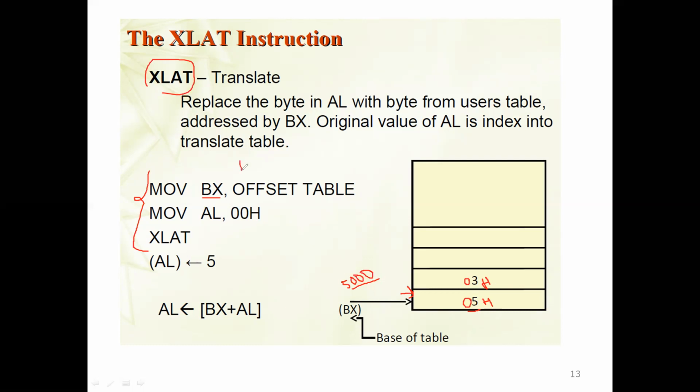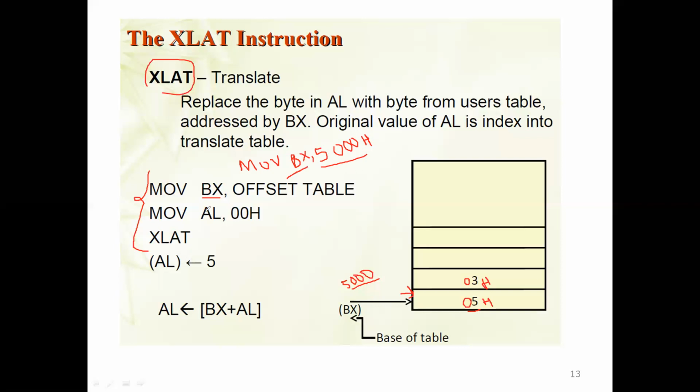So how can we write the instruction? We need to transfer 5000h directly into the BX register. That means we need the immediate addressing mode. If we write this instruction like this, MOV BX, 5000h, we need to take care that here we have written 5000h without square brackets. That means this 5000 number will be stored in the BX register.